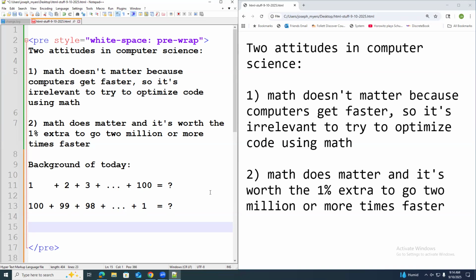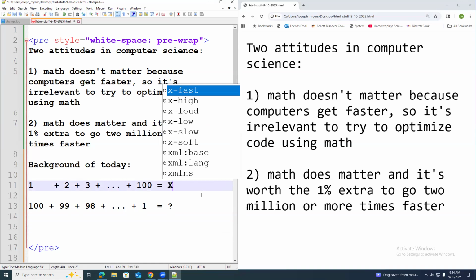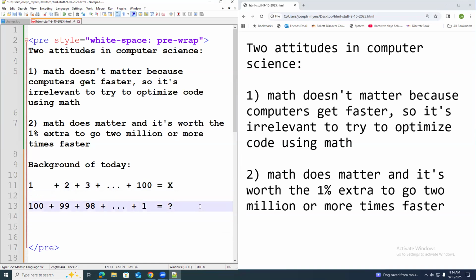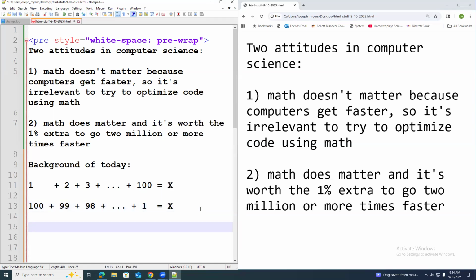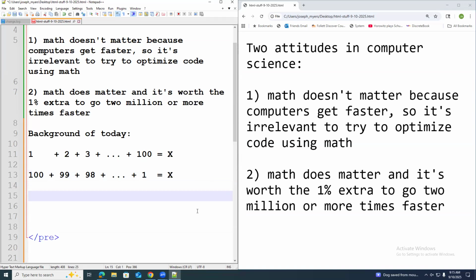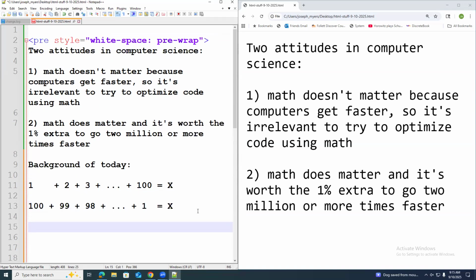So if you don't know what this answer is, right? So this is unknown. So what letter could I use to represent unknown? X. How about, yeah, let's just say capital X, I guess. So that's X. Well, would you all agree that it makes logical sense that 100 plus 99 plus 98 plus 1 would equal the same thing as 1 plus 2 plus 3 through 100? The same numbers being added, right? So that would also equal, I hate autocomplete. It's completely stupid. If you know what you want to type, you don't need autocomplete. Okay, so there's that background of today. Let me see. Well, it's not worth turning autocomplete off.